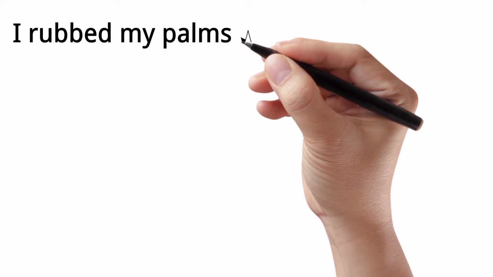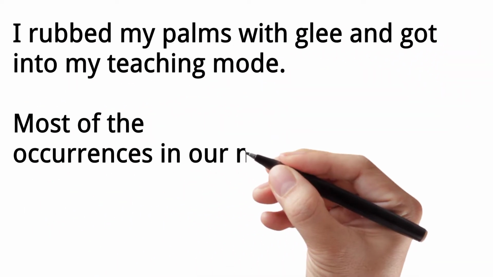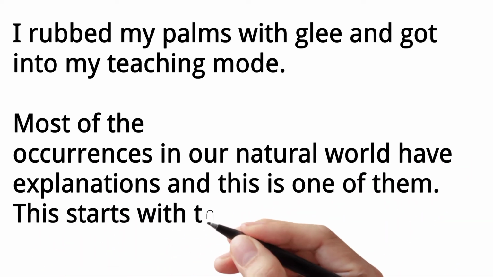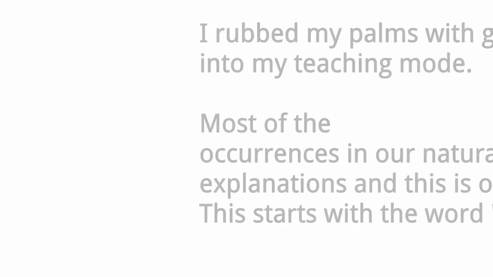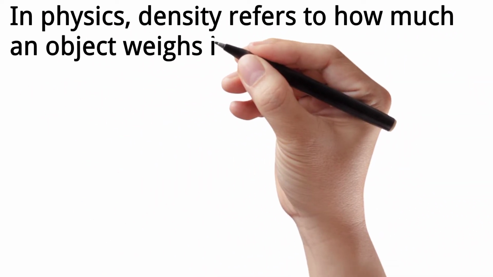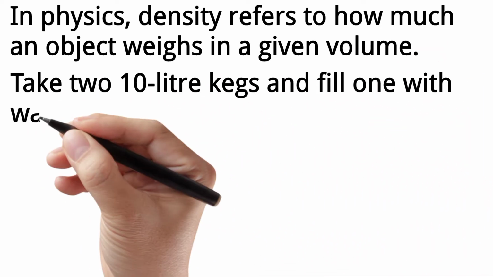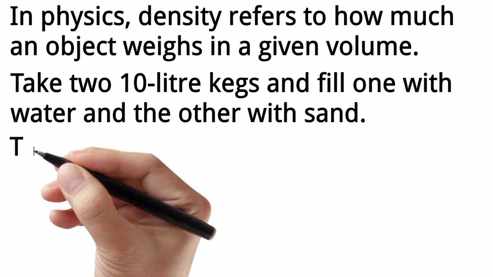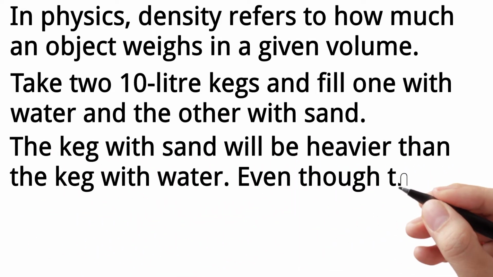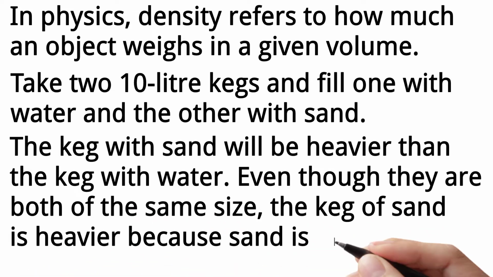I rubbed my palms with glee and got into my teaching mode. Most of the occurrences in our natural world have explanations, and this is one of them. This starts with the word density. In physics, density refers to how much an object weighs in a given volume. Take two 10-liter kegs and fill one with water and the other with sand. The keg with sand will be heavier than the keg with water. Even though they are both of the same size, the keg of sand is heavier because sand is more dense